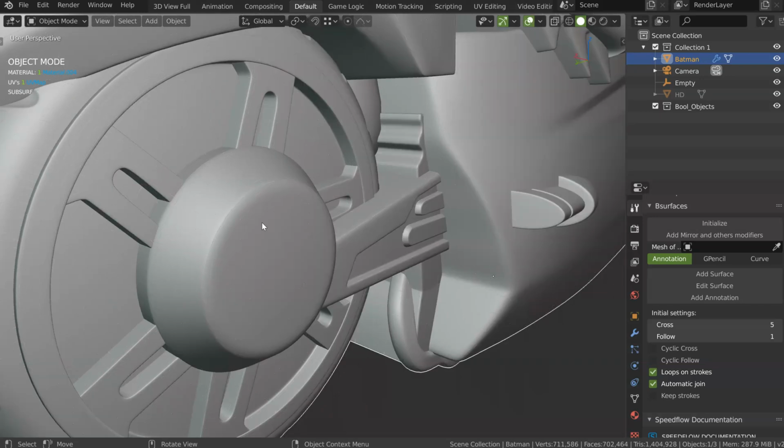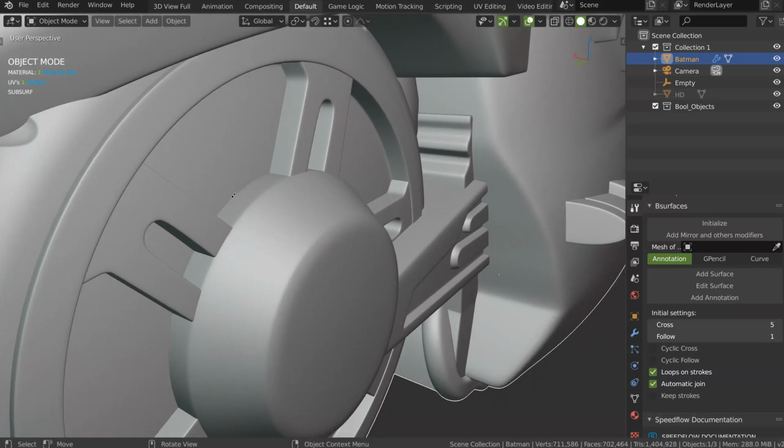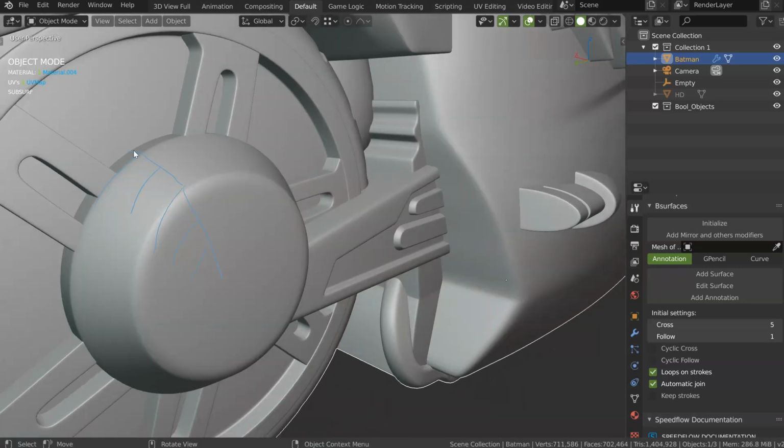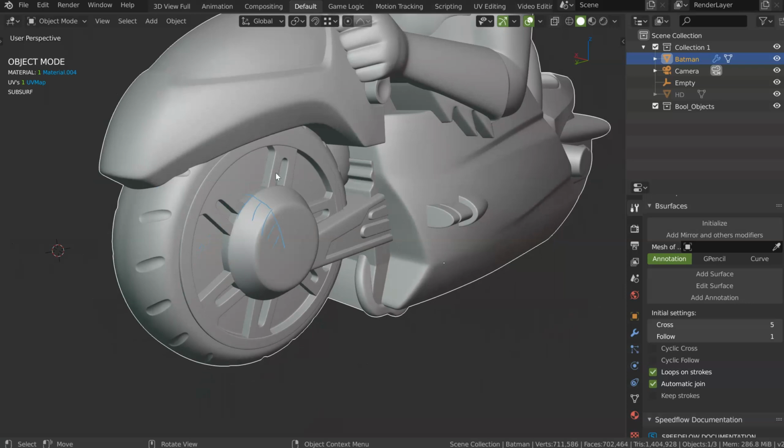I would have just added a screw and a bevel in angle like that, and maybe added some loops like that, and that will work. Or I could have made something semi-destructive. I made my screw, I remove those faces, and I add a grid fill, and I add some loops, and on top of that I add a bevel modifier. So this is a possibility.